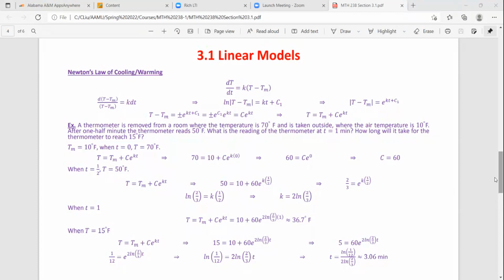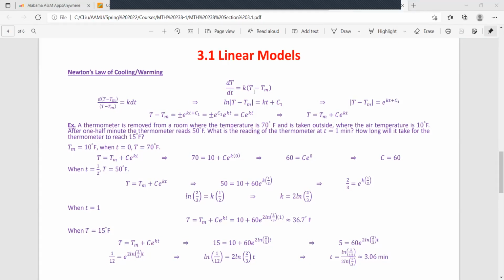So essentially, you have an object and you put in the environment with the temperature Tm. So you want to know how the temperature of the object changes. So eventually we know the temperature of the object will be the same as the environment, but how the change happens. And it turns out